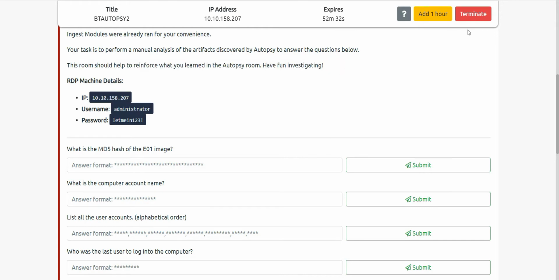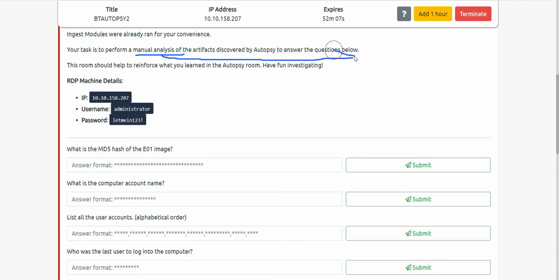Have fun investigating. So as I said, we will be investigating through the whole disk image. We will try to investigate all the facts we are given and try to answer all these questions. The first question, and we will be performing a manual analysis.